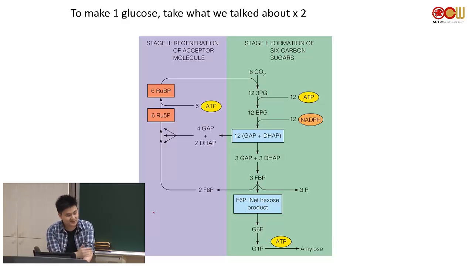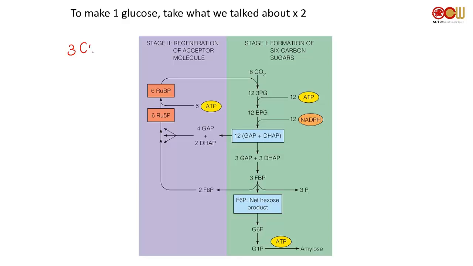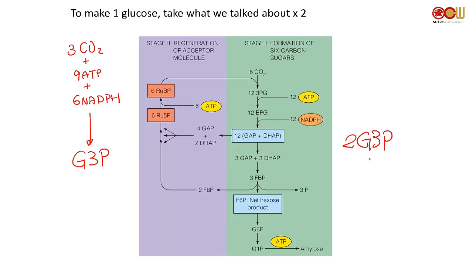What this figure is trying to tell you is that, look, 3 CO2 plus 9 ATP plus how many NADPH? 6 NADPH gives you what? G3P, right? And remember, you need to have 2 G3P